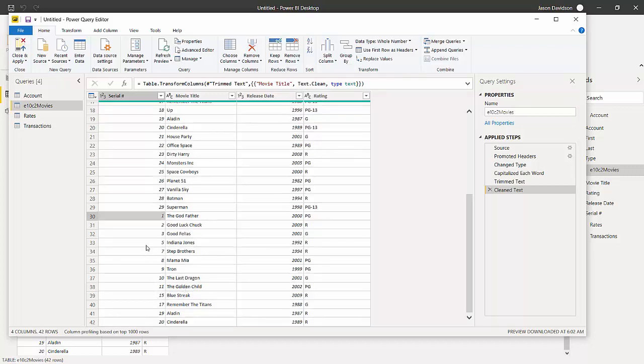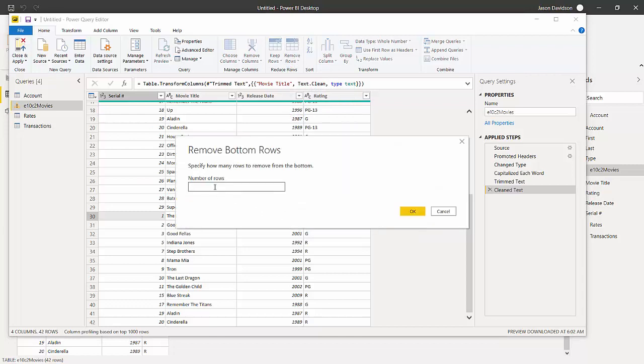There's 13 repeating records, right? So what I can do is go to remove rows. And if I choose remove bottom rows, it's going to ask me, how many rows do you want to remove? Well, did you see the 13 rows at the bottom are repeating? So I'm going to say 13. And when I do that,